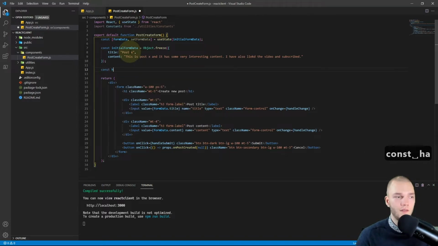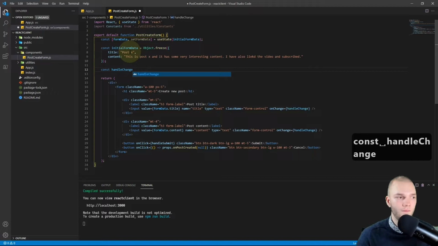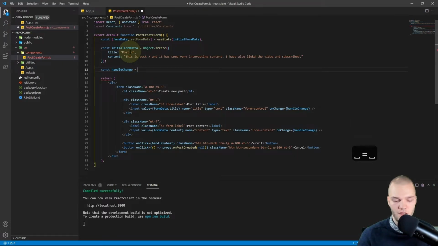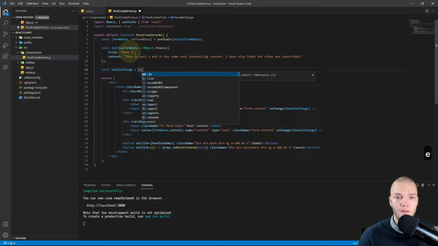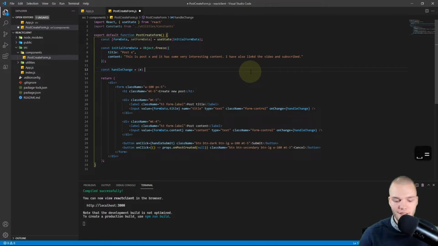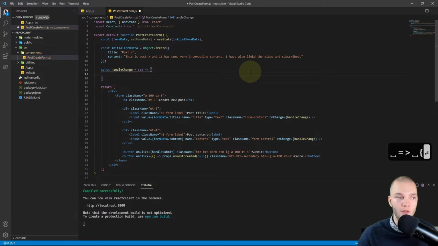So const handleChange equals, and I'll do an anonymous function, and that takes a parameter, and we get the event object from this onChange. And then an arrow and curly braces, and I'll just add a semicolon at the end.